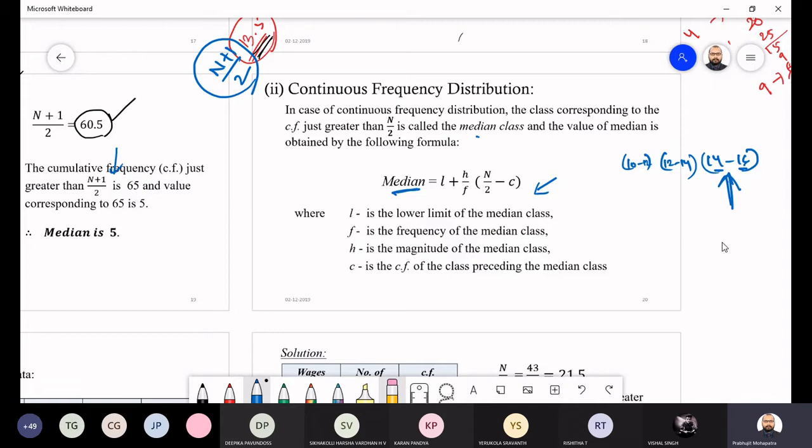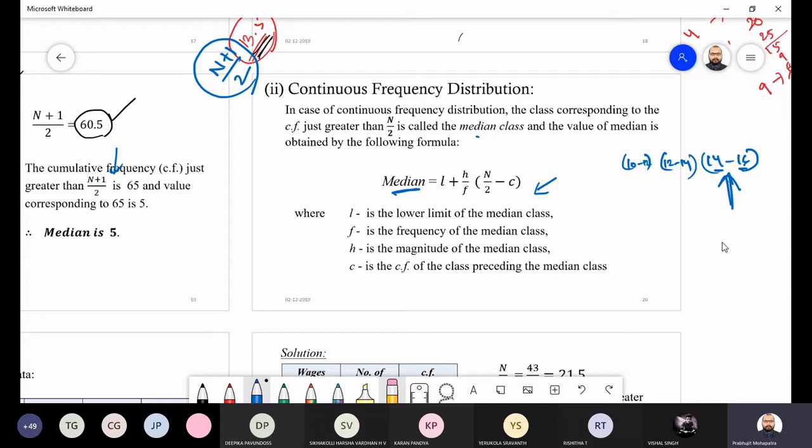You have to say what is the median. Okay, at that position, what is the value? What is that data? Just the interval won't work. Okay, interval, that is the median class. You are saying correct, but what is the median? If someone is asking, then you have to give the proper data that this is going to be the median.